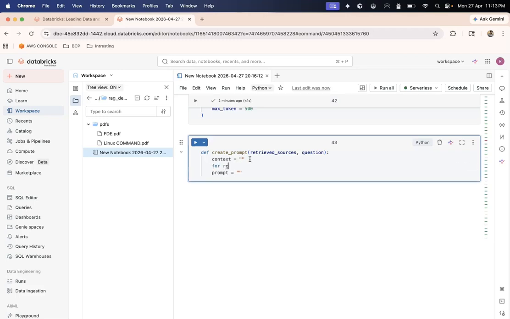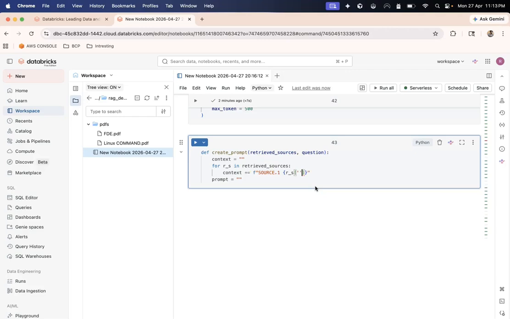I'll say for RS in retrieved sources, I will take context and append to it source 1, and I will create an f-string and take RS and get its chunk text. Now what is this source 1? I can also get it from a number.